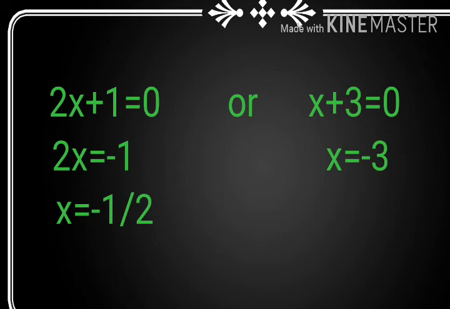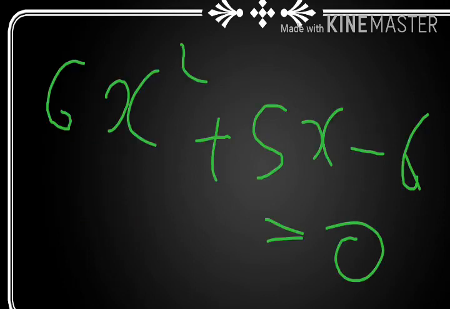Okay. Now in the first two questions, product is positive. Okay, then magnitude of B is the sum and sign of B is the sign of the two numbers. Clear? Then in the next two examples, product is negative. Then what happened? Okay, so we can discuss the next example, that is 6x² plus 5x minus 6.